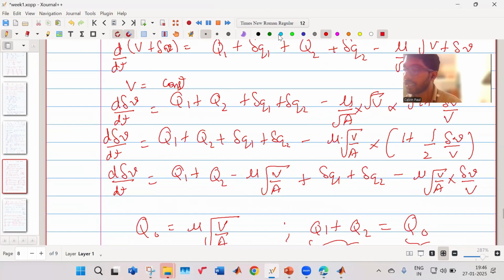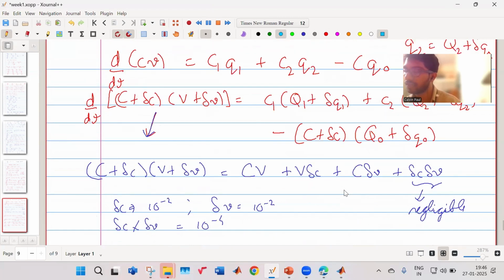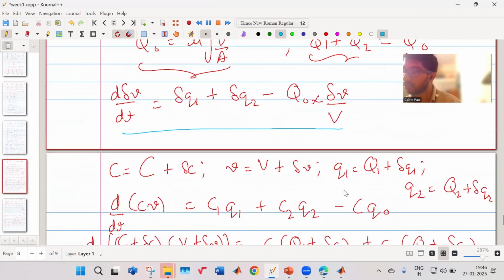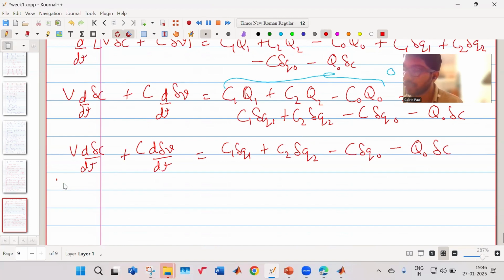This expression we already have. Right? Let us say this is the expression we have. So we'll substitute that. So this is given by V into d/dt of delta C remains the same, plus C into,